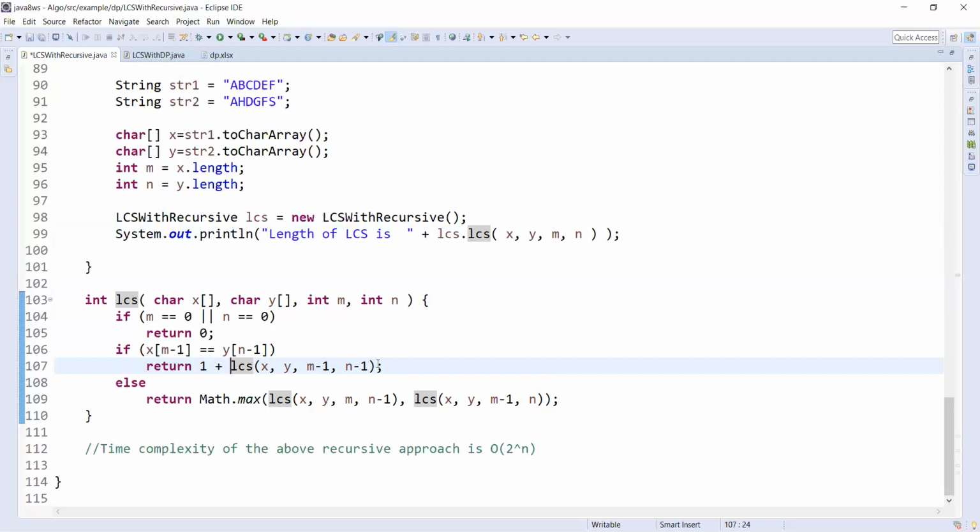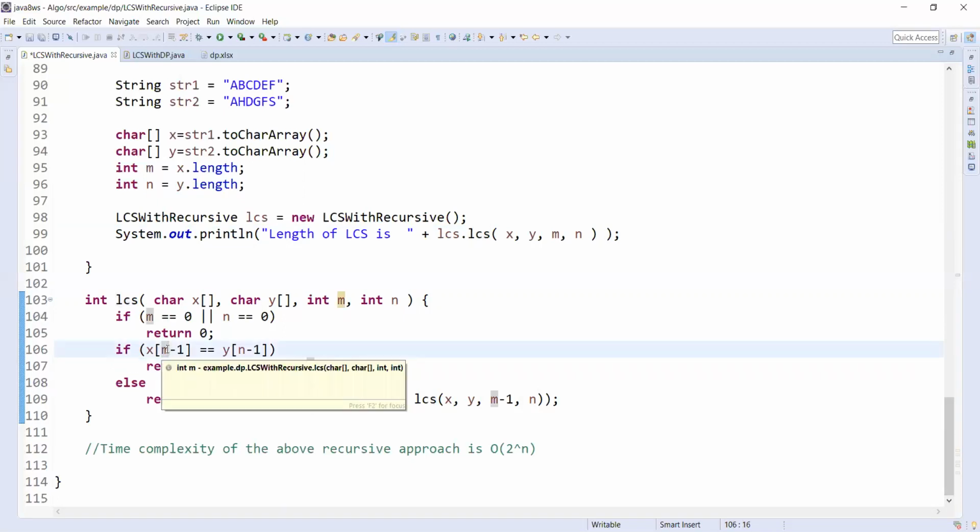When the recursion comes the next time, m is the old m minus 1 and n is the old n minus 1, that means m minus 2, n minus 2.